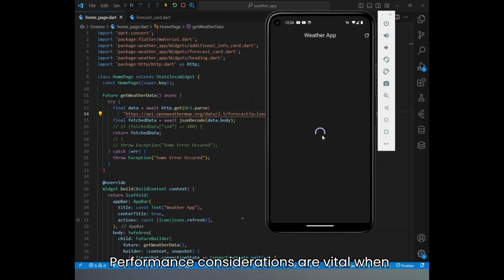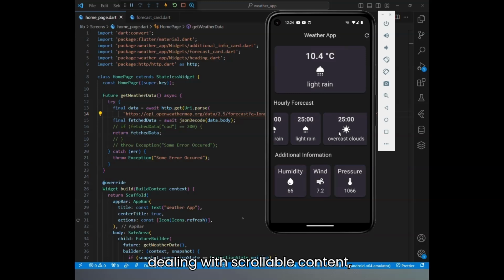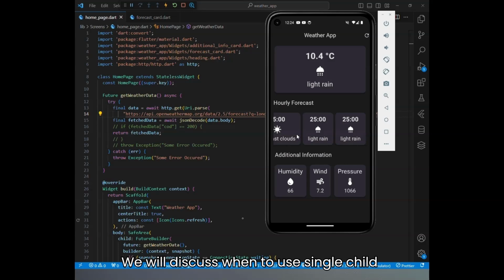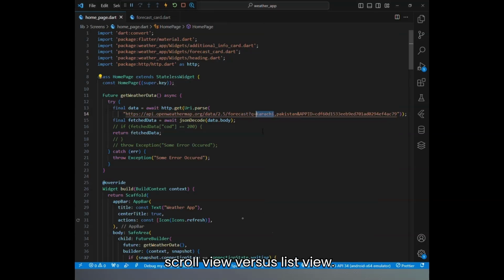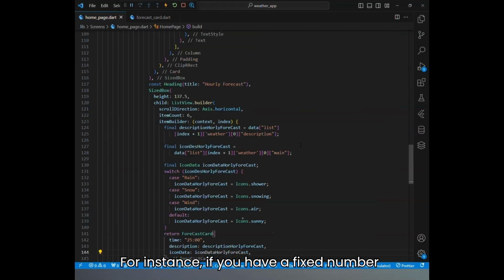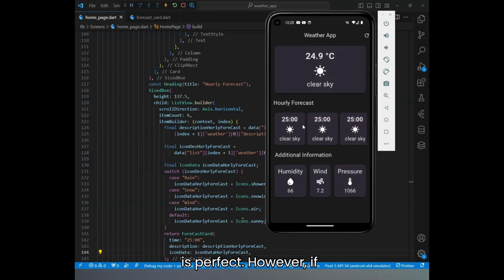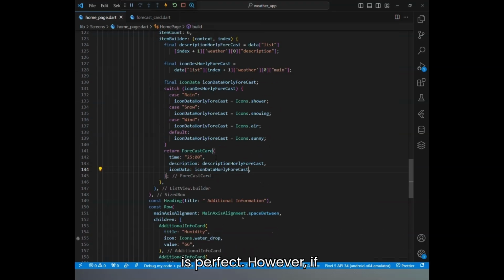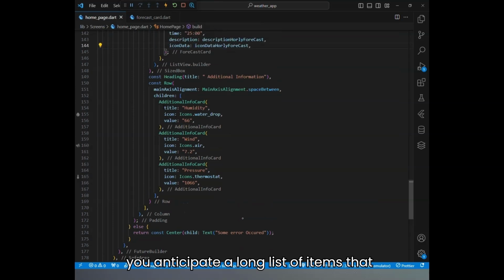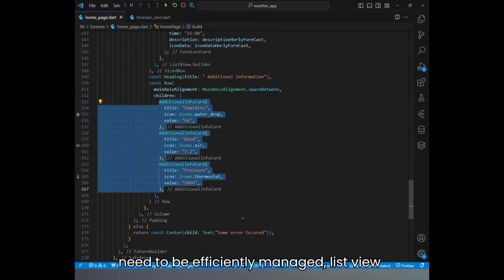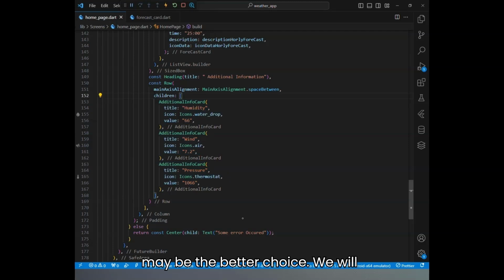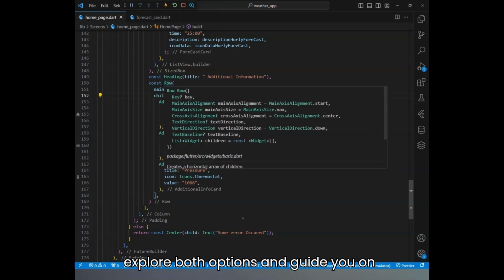Performance considerations are vital when dealing with scrollable content, especially with large data sets. We will discuss when to use single child scroll view versus list view. For instance, if you have a fixed number of children that do not require optimization, single child scroll view is perfect. However, if you anticipate a long list of items that need to be efficiently managed, list view may be the better choice. We will explore both options and guide you on making the best decision based on your specific